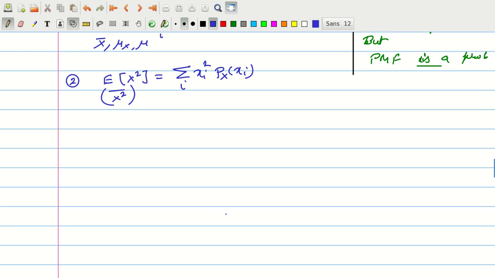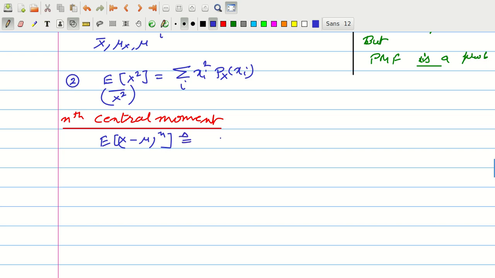We can also have the central moments, the nth central moment defined as E of x minus mu to the power n, that denotes the nth central moment of the discrete random variable x. It is defined as summation over all i of xi minus mu to the power n